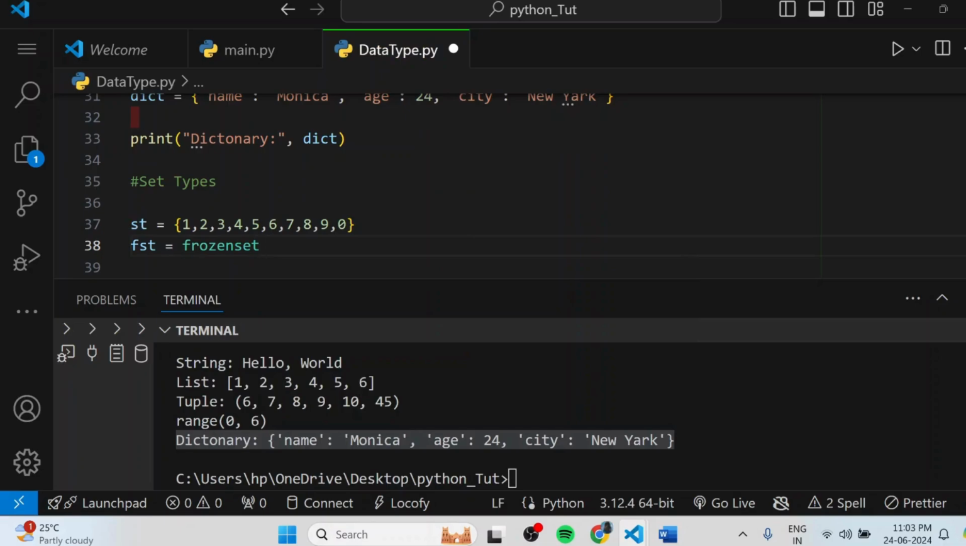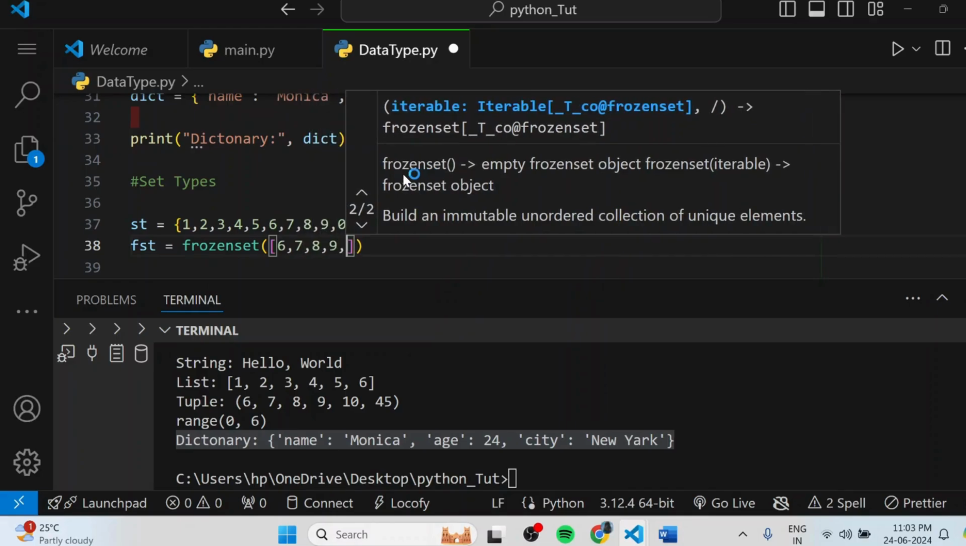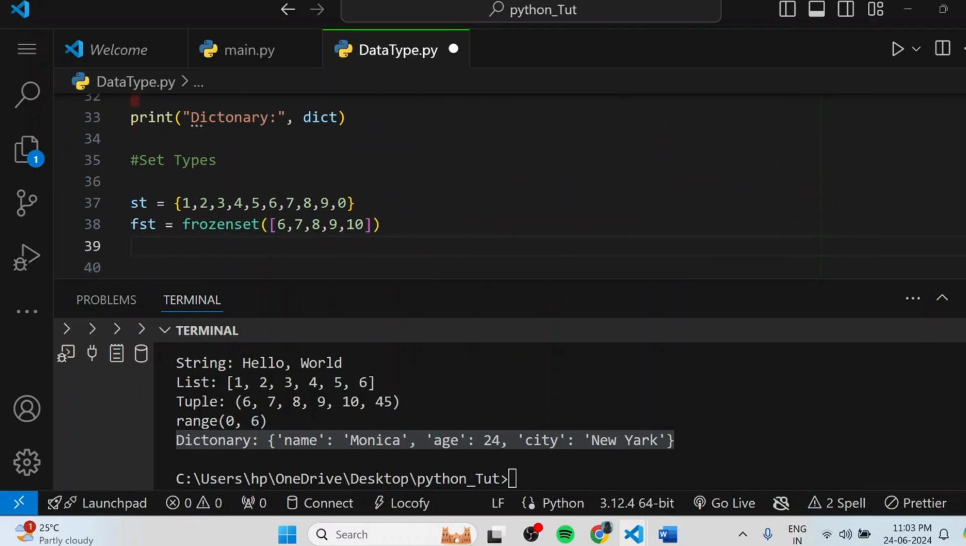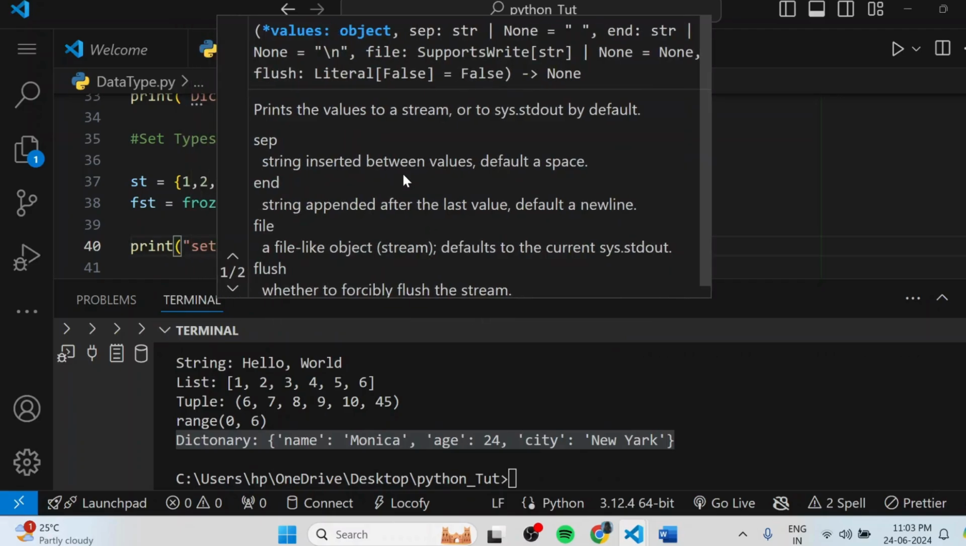Frozen set, and then we're going to put 6, 7, 8, 9, 10. Okay, so these are the data types. Now we're going to print them. So first one we have is a, that is set,